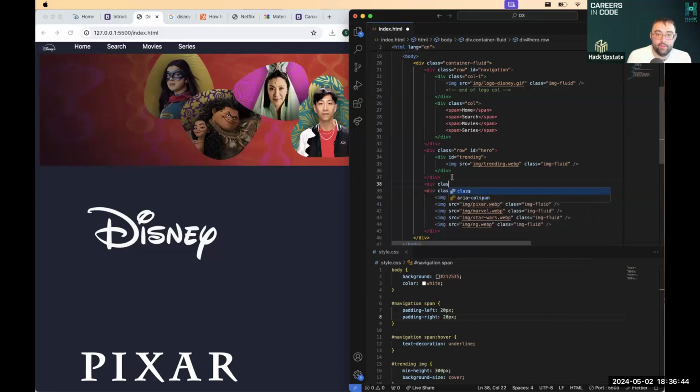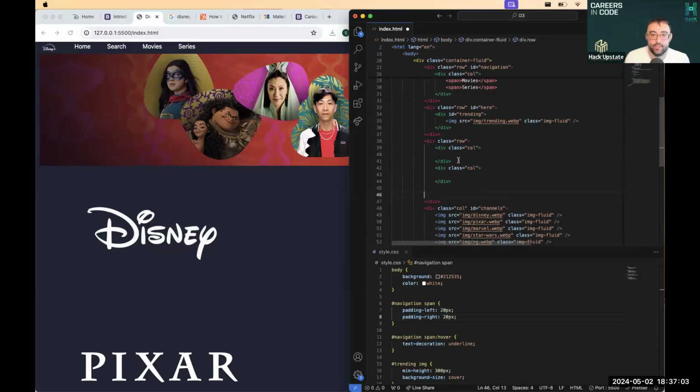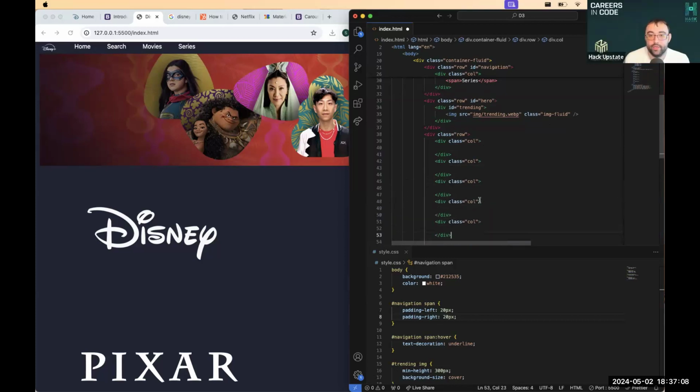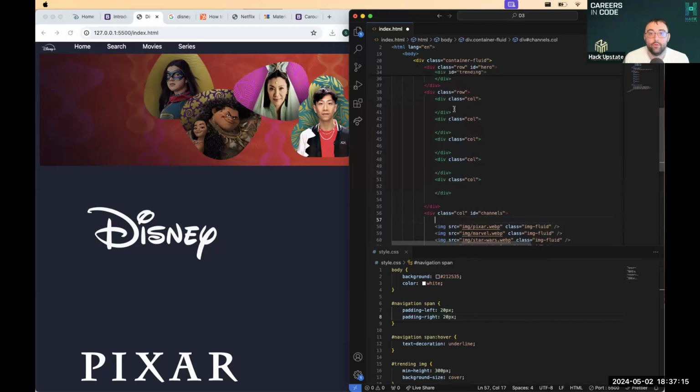So we're going to put everything in a row. And then we want each one of these images to be their own column. So we've got to do a class col, and then duplicate that a bunch of times for each one of the images to be in their own column. Right, because otherwise the image fluid doesn't know how big it's supposed to be because all of these images are just in one column. So if we move those into the right spot,